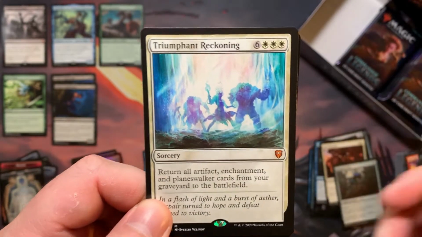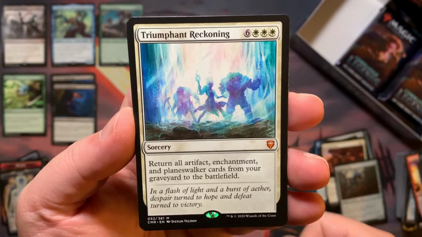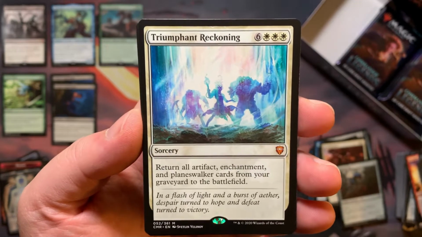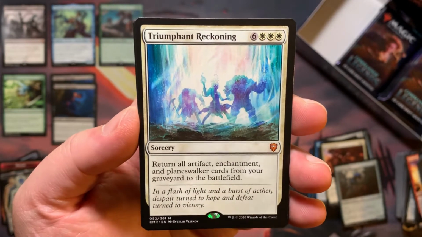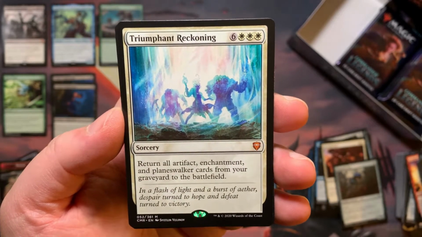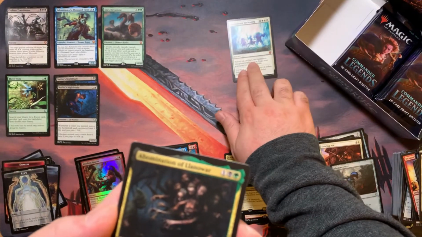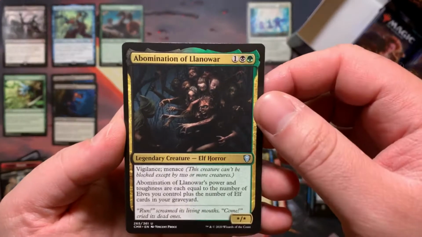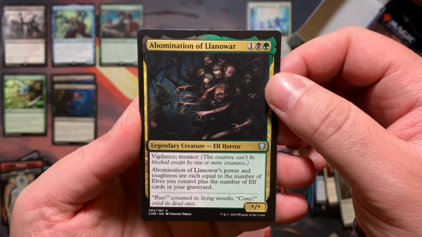I want to say 3rd every time because I'm thinking pack. We got ourselves a Triumphant Reckoning. I am not familiar with this one, to be honest, ladies and gentlemen. So I'm going to assume it's either middle of the road or bottom tier for mythic pull. Could be wrong. I don't recall it being in the top tier, but it is what it is, and we got it. So I'm going to place this one right here, and we have, for first legendary creature, Abomination of Llanowar,